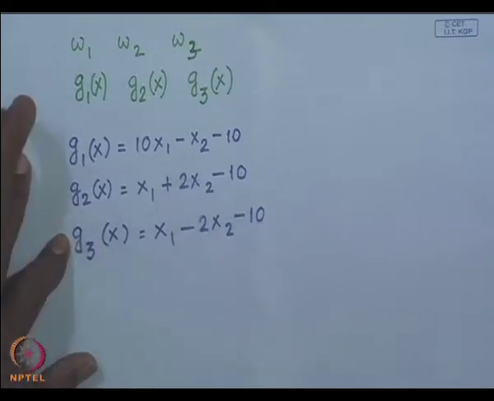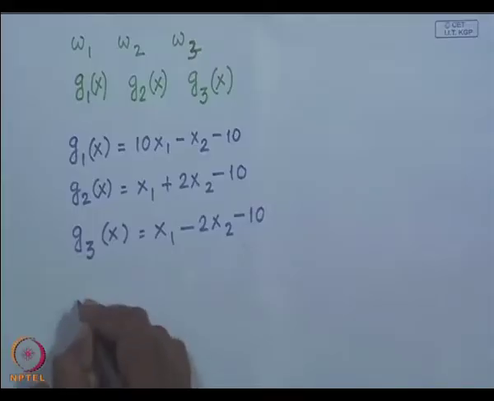Now, what I want to do is find out the decision boundary between pairs of classes. Between omega 1 and omega 2, what is the decision boundary? Between omega 2 and omega 3, what is the decision boundary? And between omega 1 and omega 3, what is the decision boundary? For that, I need to compute